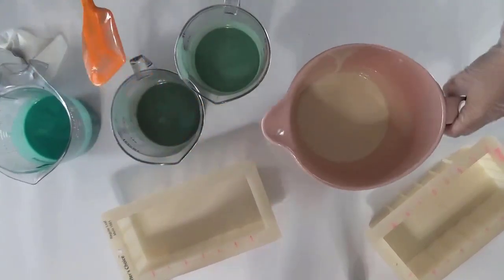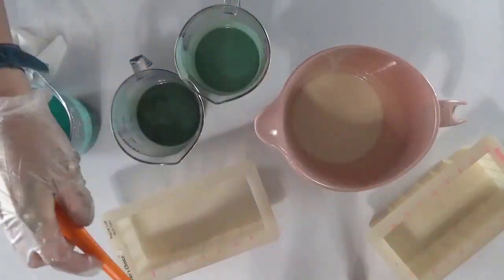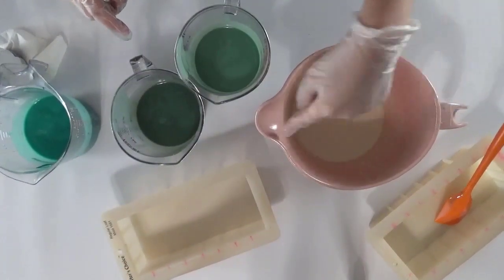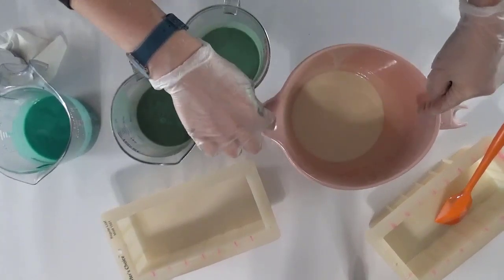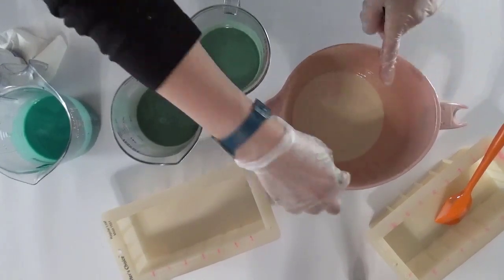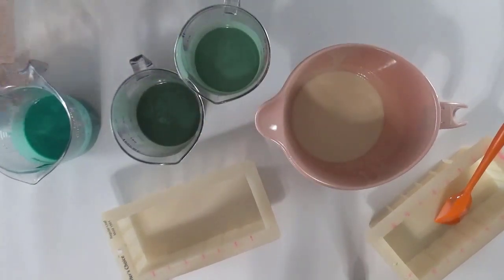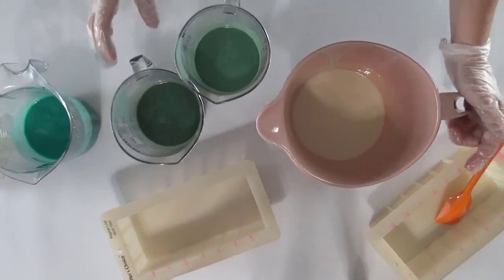Okay, so the first variation of this soap is to pour the soap either from the front or the back. Doesn't matter if you pour from either of these sides, you're basically going to get the same type pattern. The second variation we're going to do is going to pour from either of the sides. So I'm going to do,